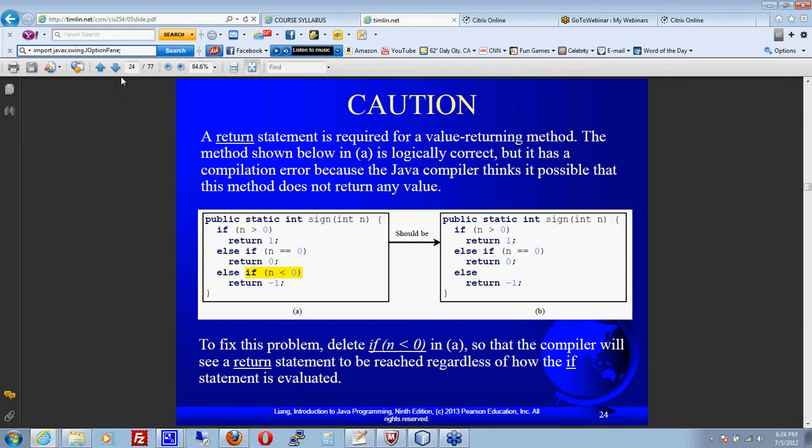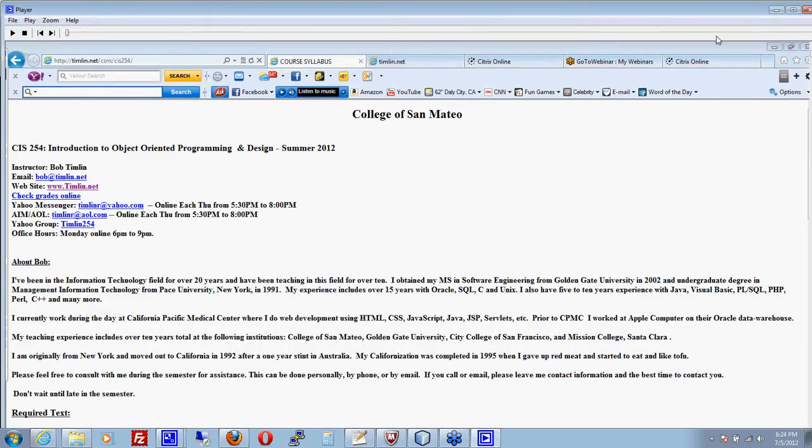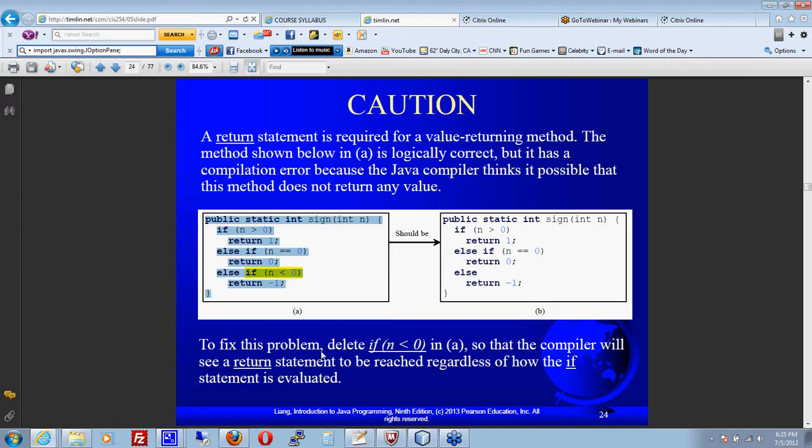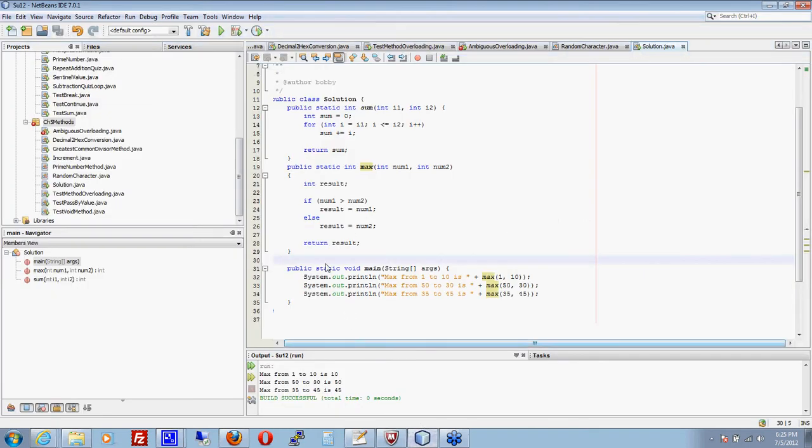Let's see. A return statement is required for a value returning method. So yeah, you have to give a return statement no matter what. You must have a default return statement. So, for example, this would not work, because the method must return a value. So if we go ahead and put this one in here again,